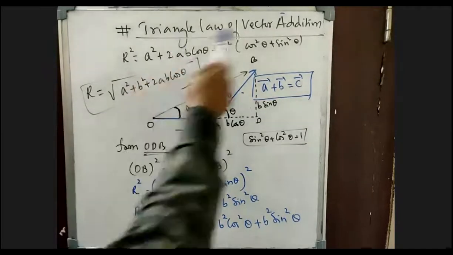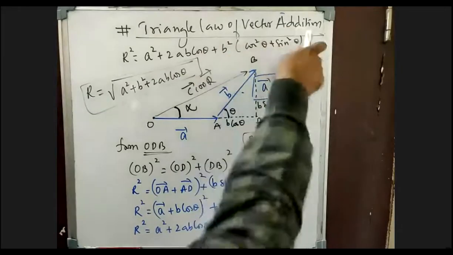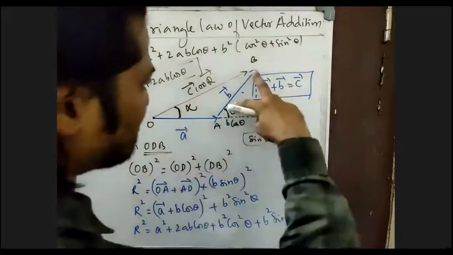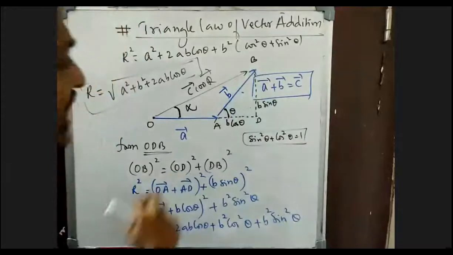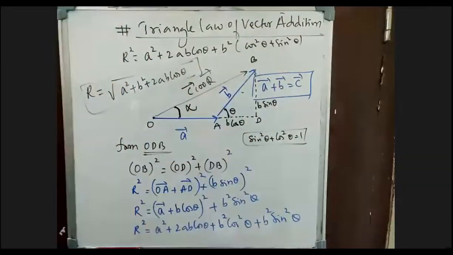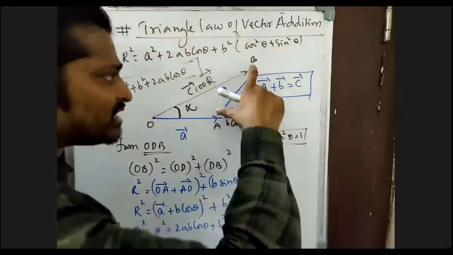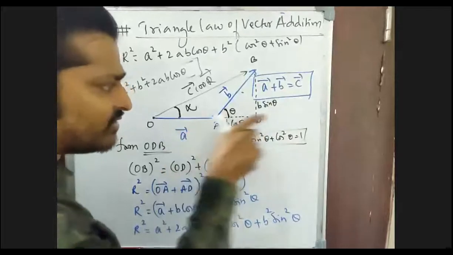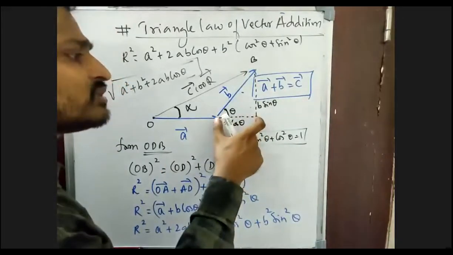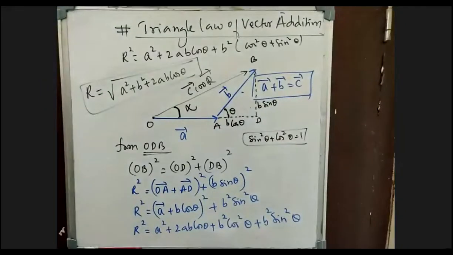So what is the definition of the triangle law of vector addition, beta? I'm repeating once again. The triangle law of vector addition says that if two vectors are taken along two sides of a triangle, then the closing side of the triangle, taken in the reverse order, gives the resultant, that is R bar. Now from the resolution of a vector, we know that this B bar is making an angle theta with the first vector A bar. So if I resolve it, this becomes B cos theta and this becomes B sin theta.